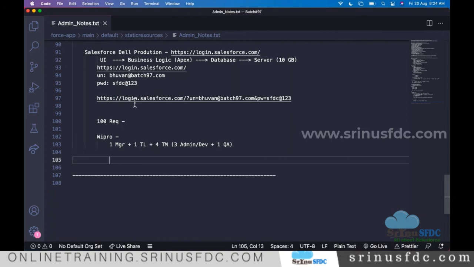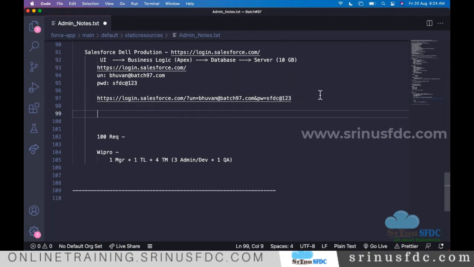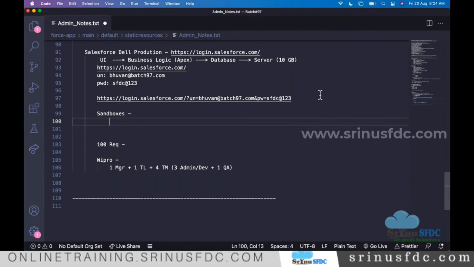Here in Salesforce, test environment means sandbox. So from production, we can create the sandbox and start working in the sandbox. Okay. So now this team lead has access to Dell production, but this guy knows that directly in the production we should not work. So in the production environment, we see sandbox as an option. So that guy will search for sandboxes, and multiple sandboxes can be created for multiple purposes.